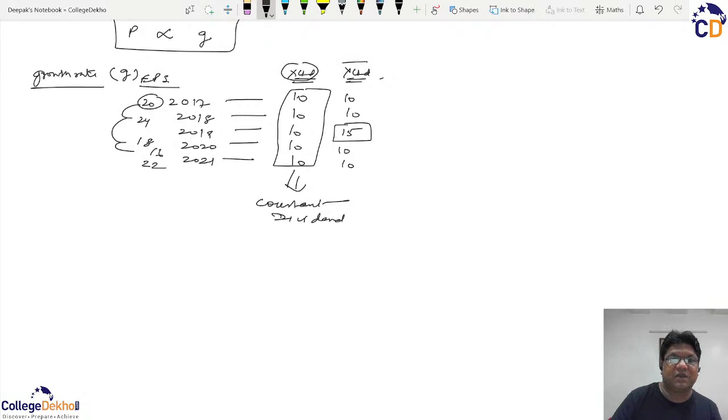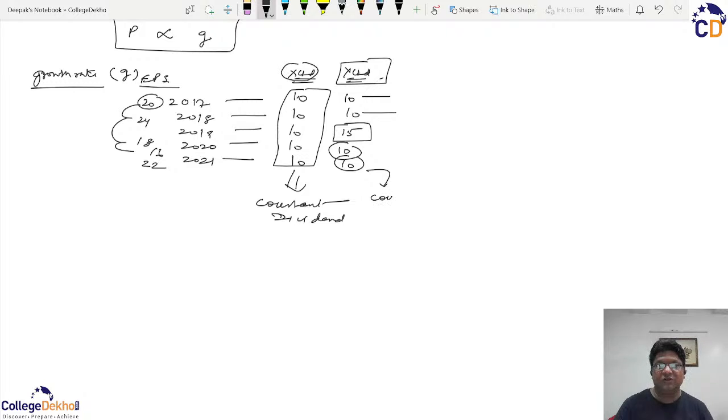One of the companies can follow the concept that they will give a fixed dividend of rupees 10, and sometimes they can increase it and show a certain lump sum increase in the dividend in a particular year, and then they can come back to their original dividend policy. So this policy of dividend distribution is known as getting a constant dividend of rupees 10 plus sometimes that extra, for various reasons, various logics as explained by the company.